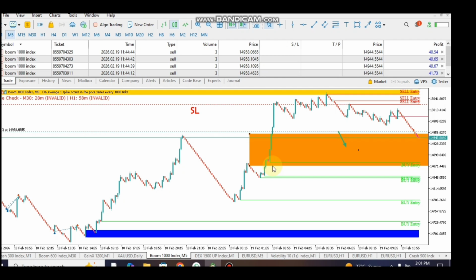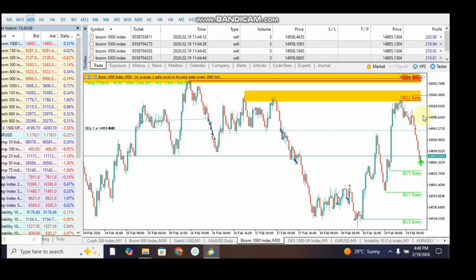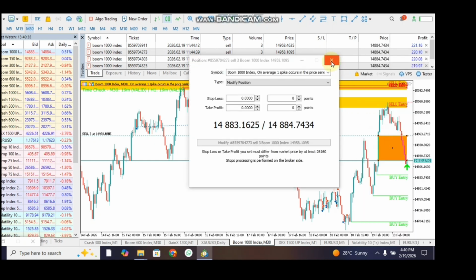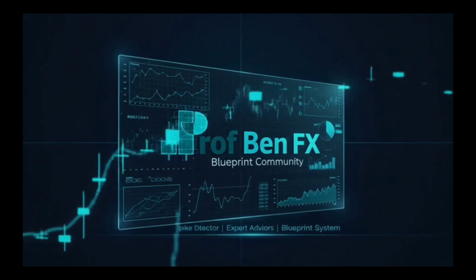But as part of advice, please don't take a lot of candles. This is just showing you the power of a fair value gap, how it can actually pull the prices down. You see, one position is having around $34, $35 and such amount. But at the end of the day, after the market dropped all the way through the fair value gap, you see, without any spikes, each position already has $200 in profit. And immediately after finishing the fair value gap, the spike started. You can see there is a green